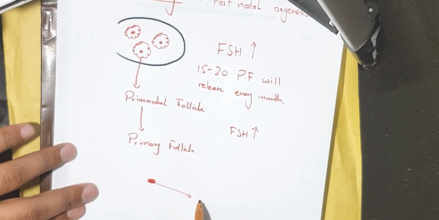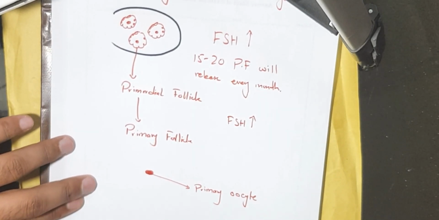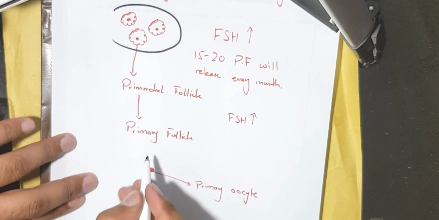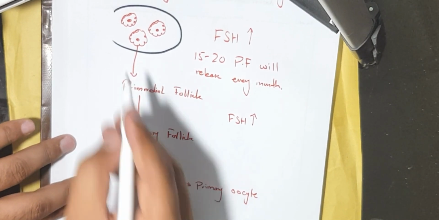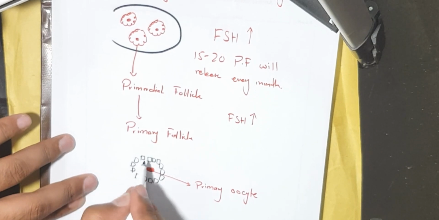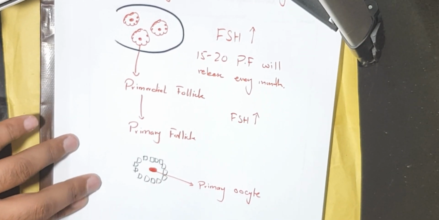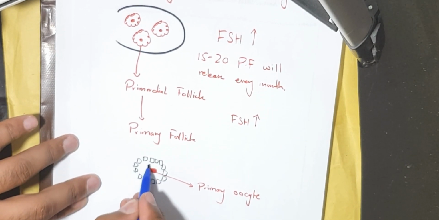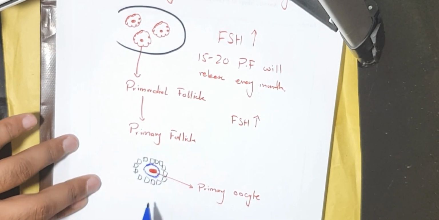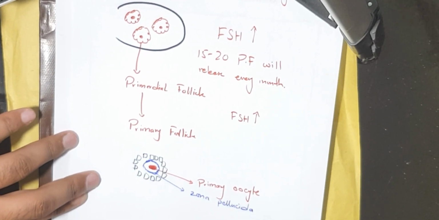This was the primary oocyte in the center, which was arrested at prophase 1, and the follicular cells which were surrounding the primary oocyte will now be called granulosa cells. Why will they be called that? Because they were flat epithelium cells before, but now they have a cuboidal shape, and this layer is known